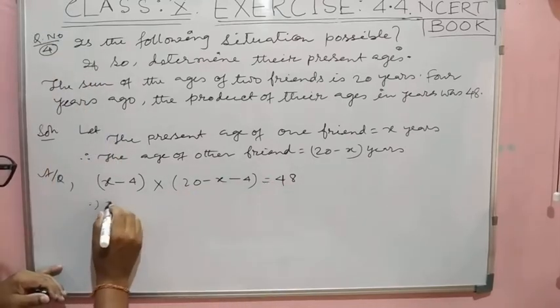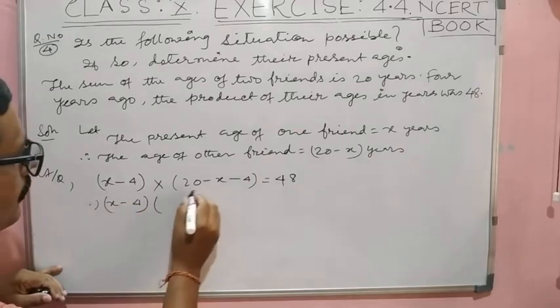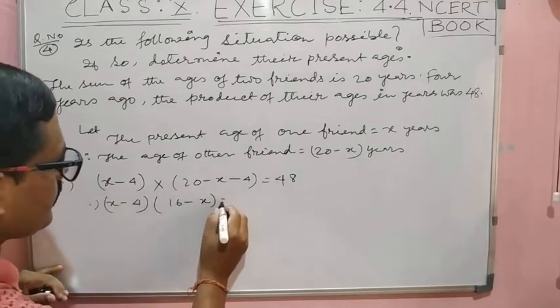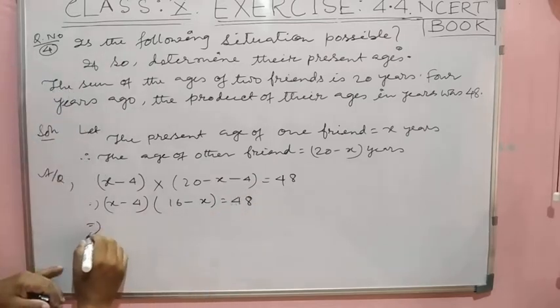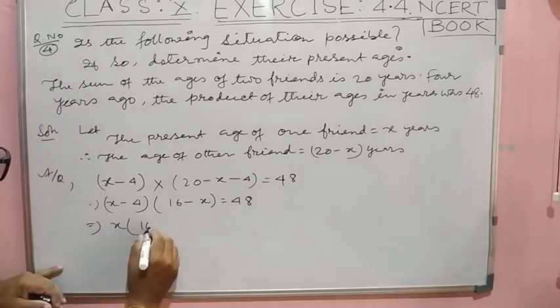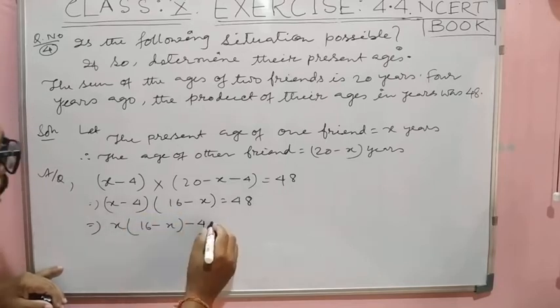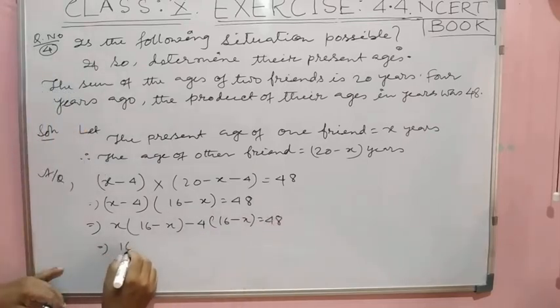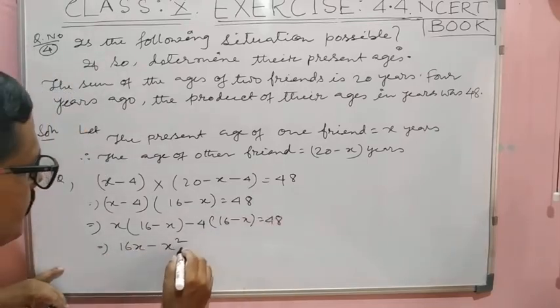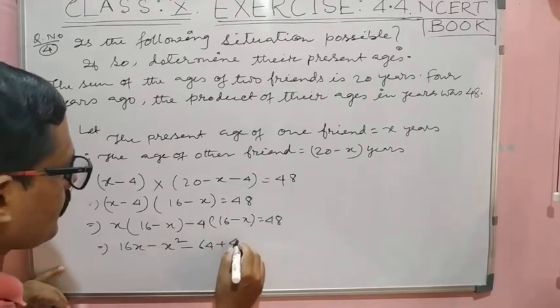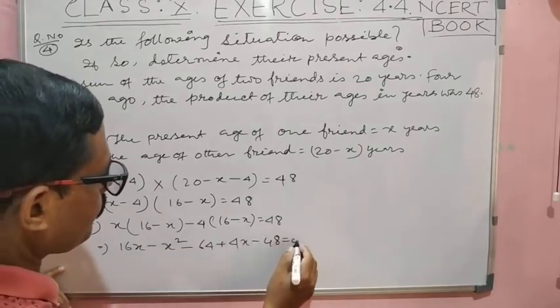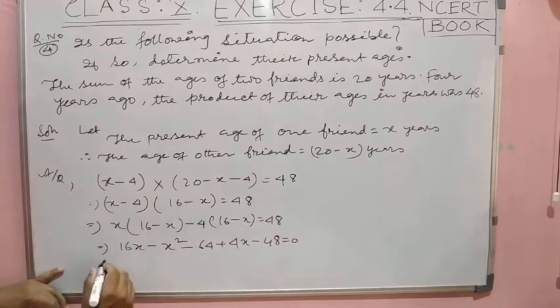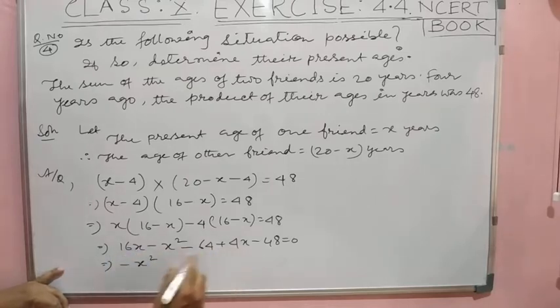सो नेक्स्ट इज सी, लेट अस सिंप्लीफाई दिस, x माइनस 4 होल इंटू ये हो जाएगा 16 माइनस एक्स इक्वल टू 48। अब इसको मल्टीप्लाई करो, x से दोनों को 16 माइनस एक्स और माइनस 4 से दोनों को करो, 48, तो इट विल बी 16x, ये हो जाएगा एक्स स्क्वायर 64, ये 4x, ये 48 इक्वल टू 0, ये 48 को ट्रांसफर कर दें। अब हम पहले एक्स स्क्वायर को लिख दिया 16x प्लस 4x, तो प्लस 20x।